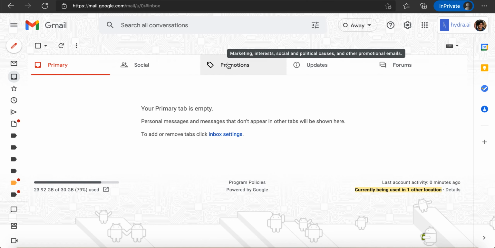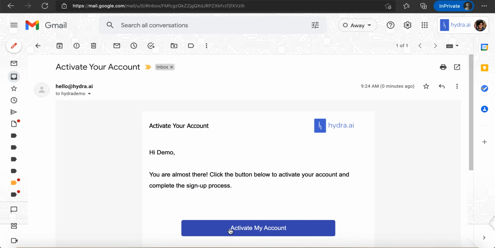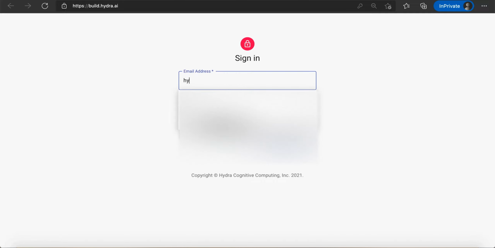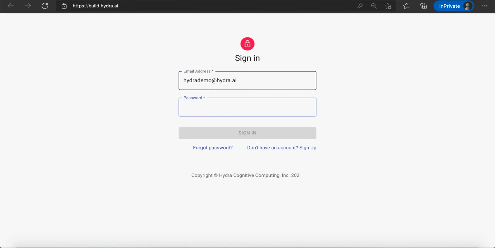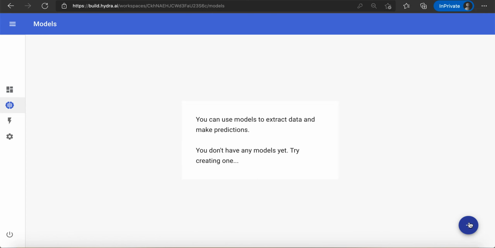Let's check our email for the activation link. Great. So we're going to jump right into the model screen and click on this plus icon to create a